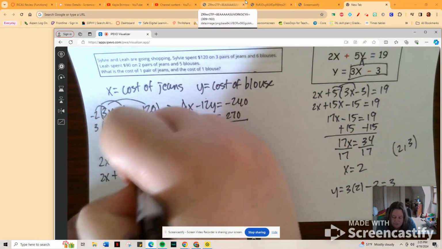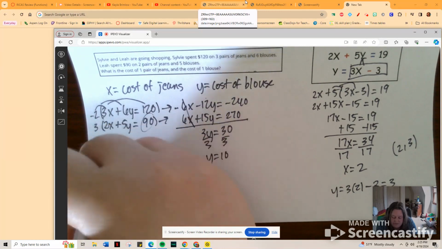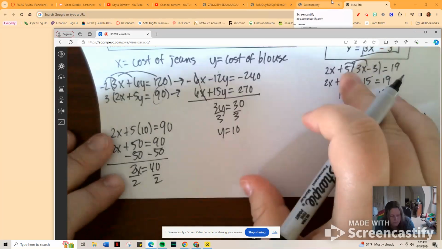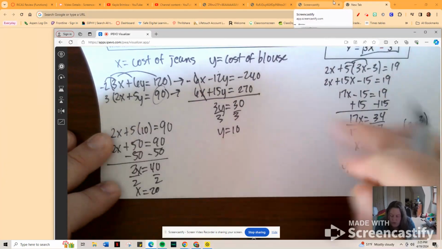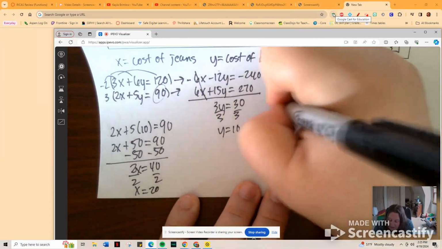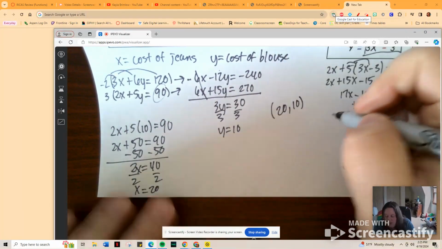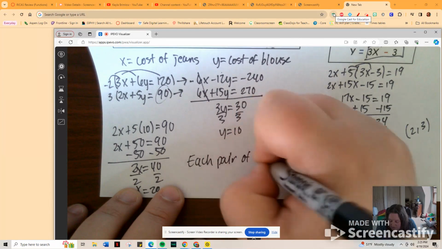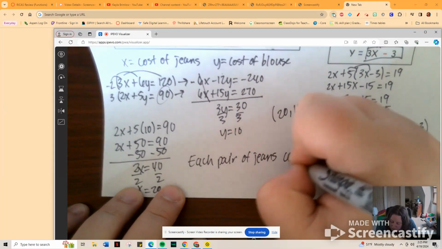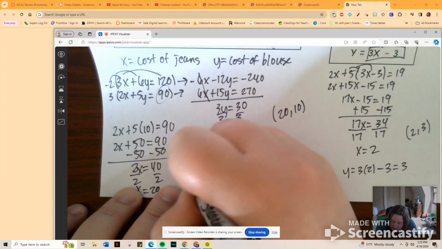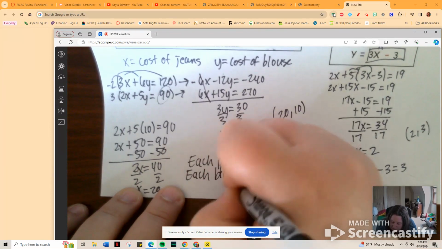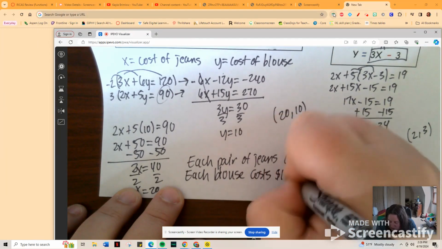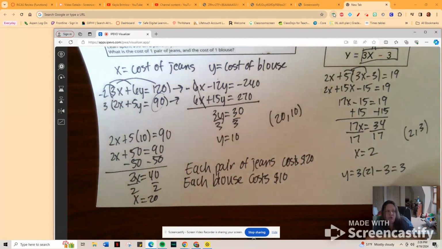So 2x plus 50 equals 90. I'm going to subtract 50 from both sides. So 2x equals 40. Divide by 2. And x equals 20. Okay, so the ordered pair that represents the solution for this problem is (20, 10), and what it means is that each pair of jeans costs $20 and each blouse costs $10. Okay. So make sure you have all